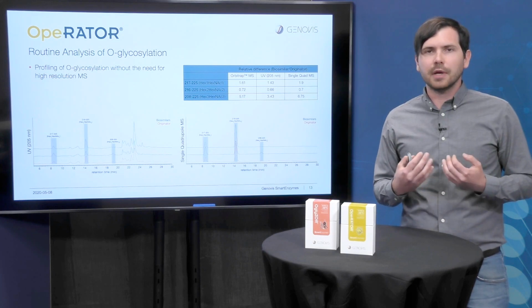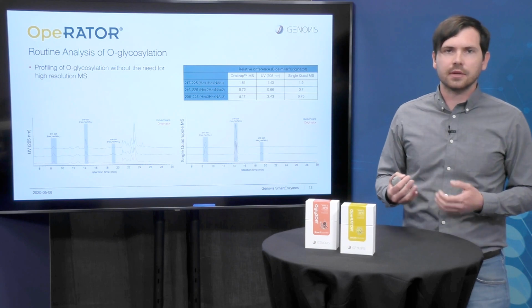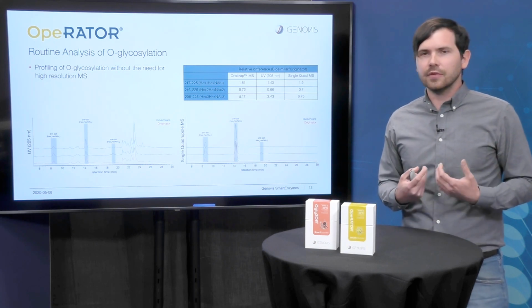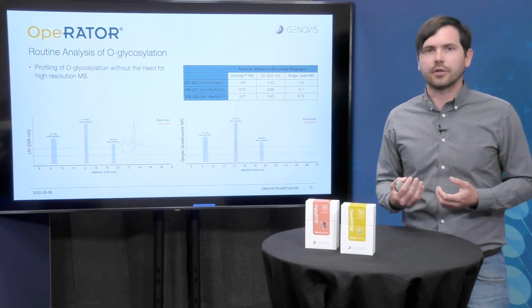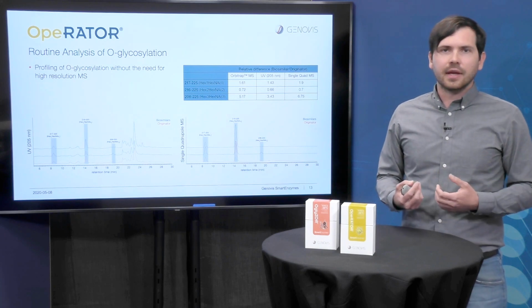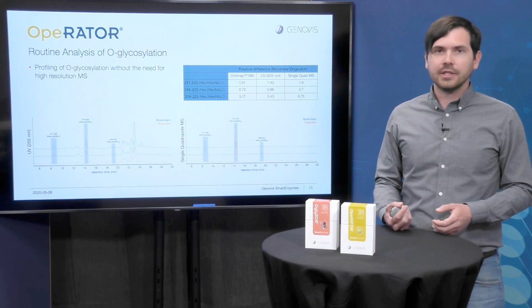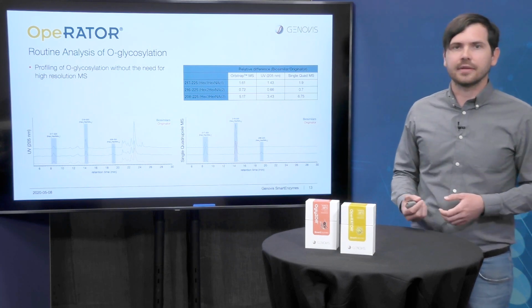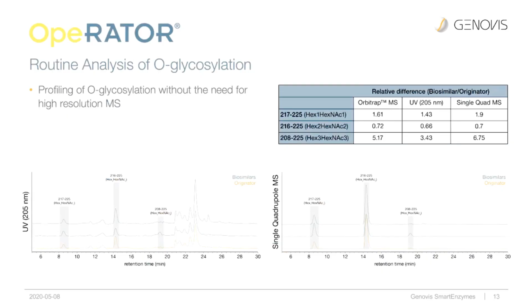As biopharmaceuticals move from early development on to clinical testing or final manufacturing, there's a need for a lot of routine analyses and quality control. Routine analysis often means that assays are preferred that do not require high-end instrumentation or expertise knowledge, such is the case for high-resolution mass spectrometry. So we tried whether we could get similar results in comparing etanercept originator and its biosimilars